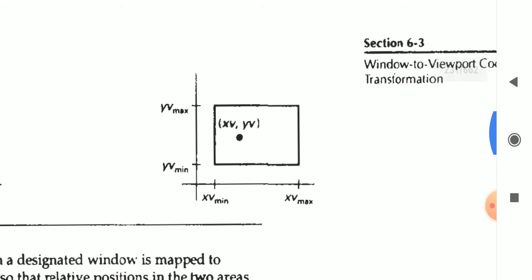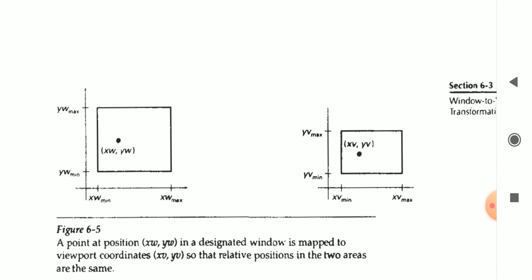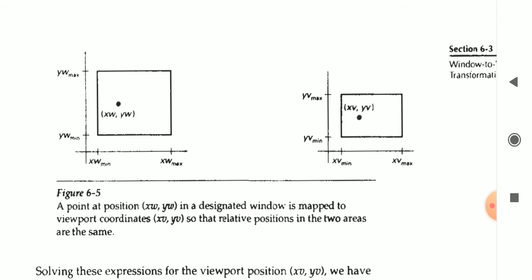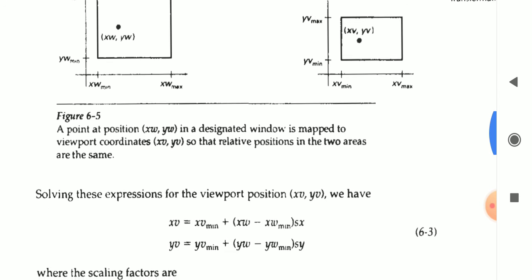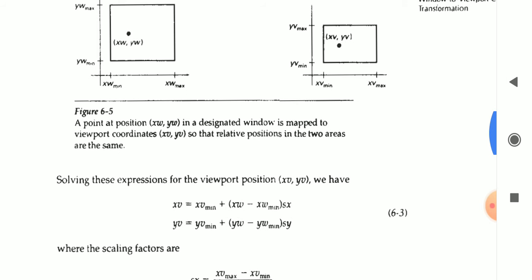Look at the diagram now. This diagram shows there is a point in the world coordinate, a bigger point and a bigger square. Now on the mobile screen, the same thing will be shown as a small square and small point. From the bigger screen, each and every point should be converted to the small screen. Just now I showed how each and every point of world coordinate is converted to view coordinate. Now you can see there is a bigger point on the left hand side. It has to be converted to one smaller point on the right hand side.